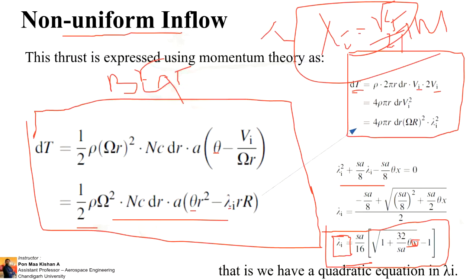I request all of you to look into the Seddon book once, so that you can get the step-by-step procedure. Many steps are skipped in the book, and those skipped steps I have explained in this lecture also. So you can watch the lecture again, so that you can easily understand how I derived the equation and what the equation is representing. Here the equation represents non-uniform flow, whereas momentum theory expresses just uniform inflow. With this I am ending the session for today.